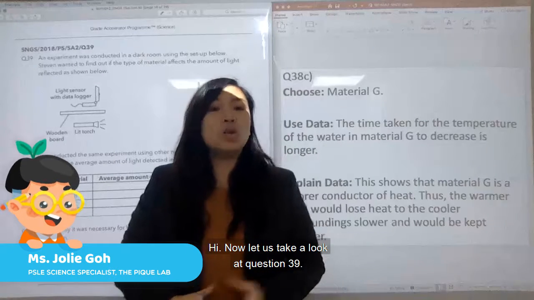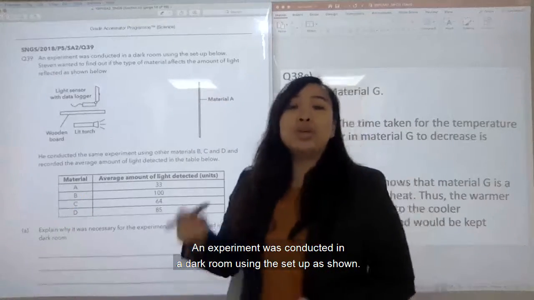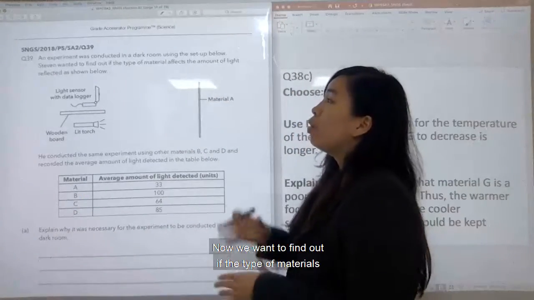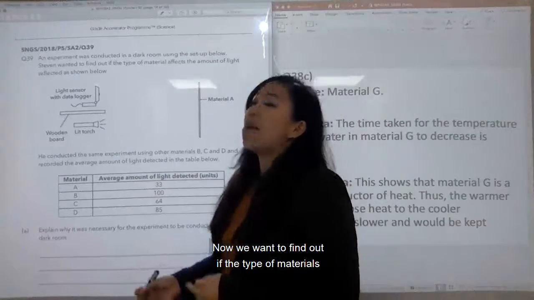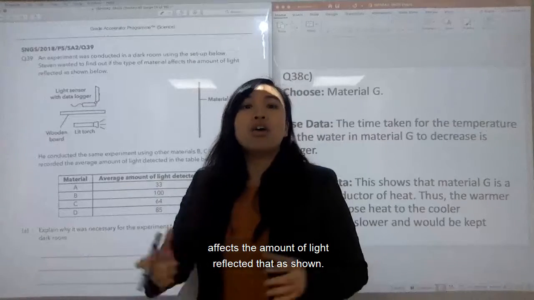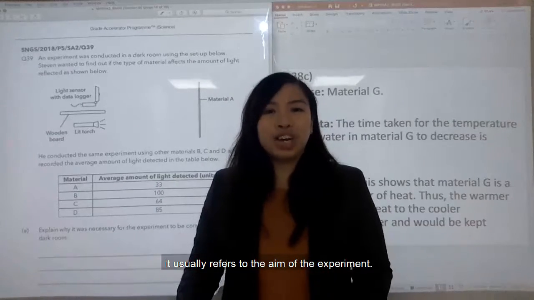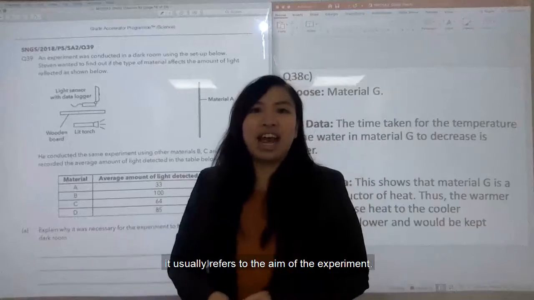Hi, now let us take a look at question 39. An experiment was conducted in a dark room using the setup as shown. Now we want to find out if the type of materials affects the amount of light reflected as shown. Recall that when we see the three words "to find out," it usually refers to the aim of the experiment,